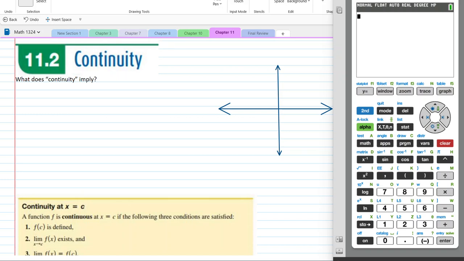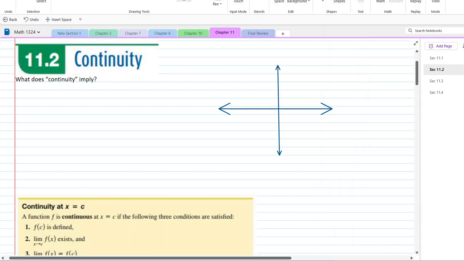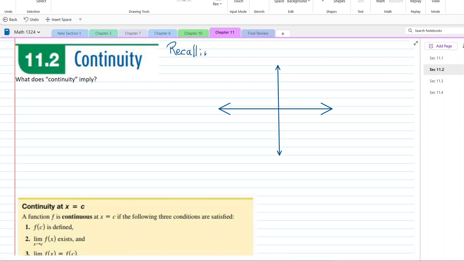Let's begin section 11.2, recalling 11.1 being limits. And we did all kinds of things with limits. We knew it was a limit